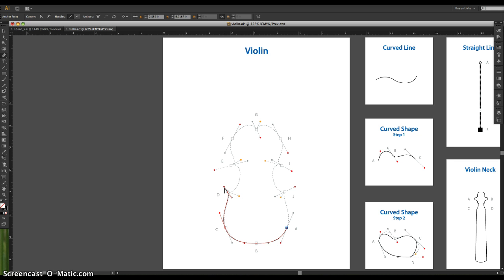Now I'm going to hit V. Oops, I messed up that step. Let's try that again. I'm going to click and drag to the red dot. Now I'm going to put my modifier key, which is the Alt or the Option key, while still dragging, and click to the yellow. And that's how we did that. So you see, I clicked and dragged to the D point, at which point I pulled out to my red dot, and then I pressed the Option key on the Mac, which I believe is the Alt key on the PC,